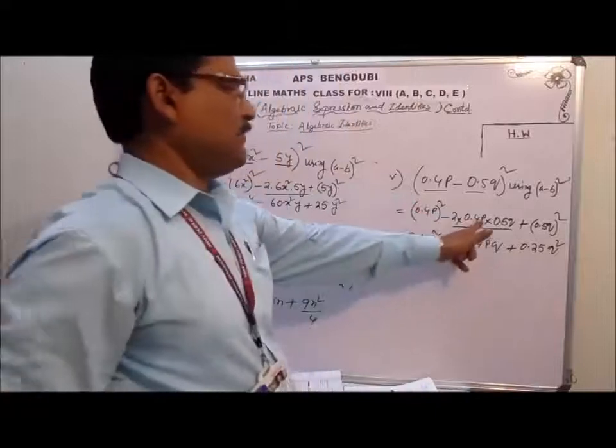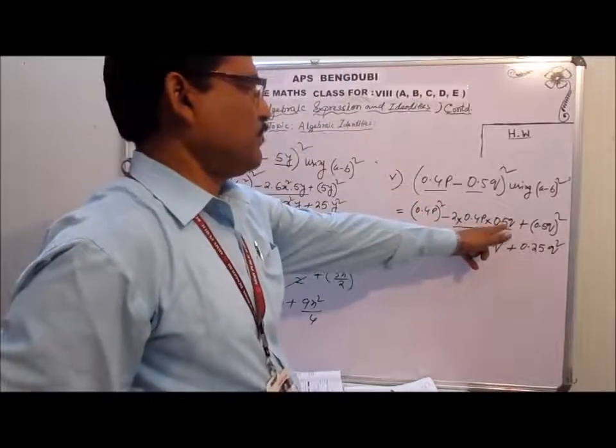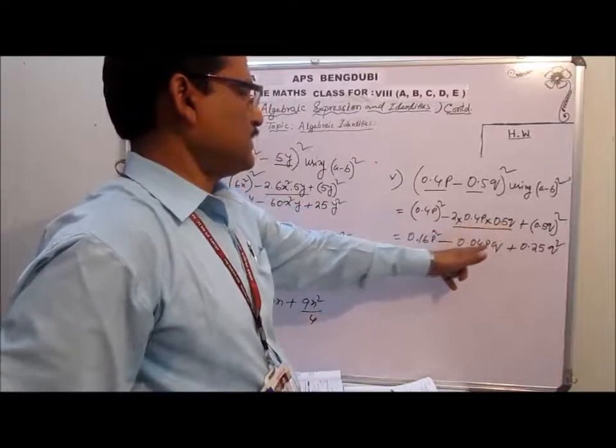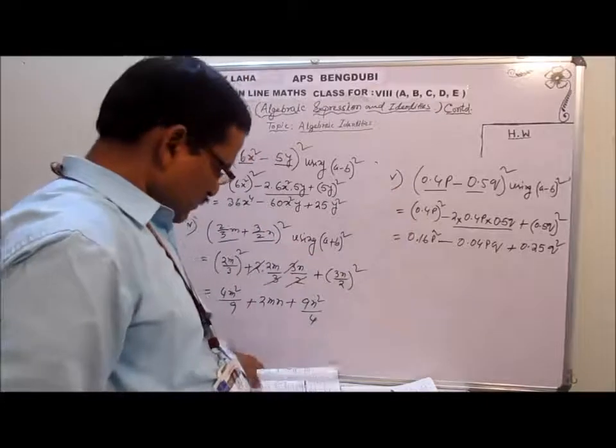You will try to multiply it properly, you will get this. That means 0.4 and 5, 0.40, with 2 decimal places, pq. Clear? Last question is